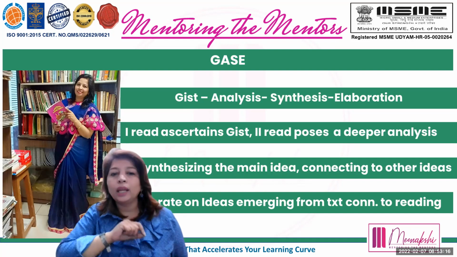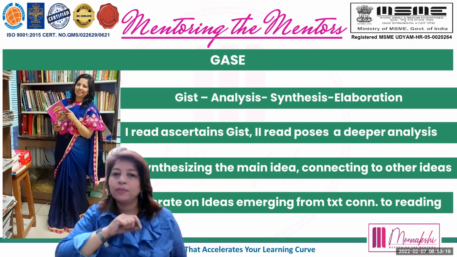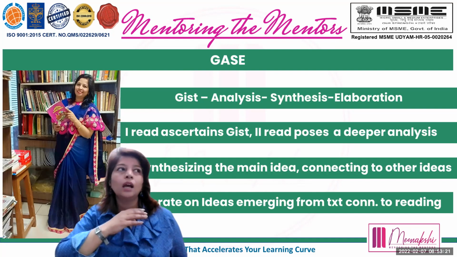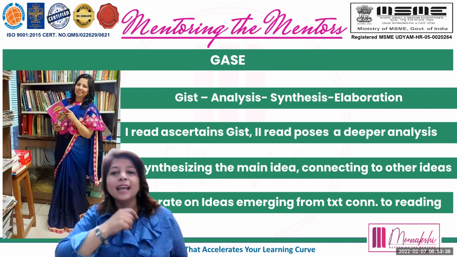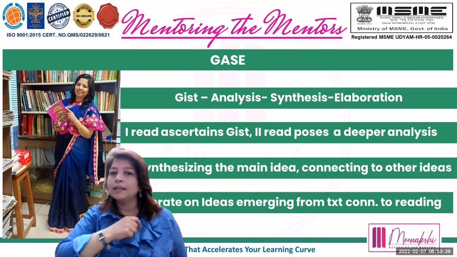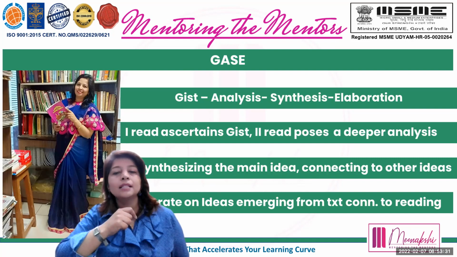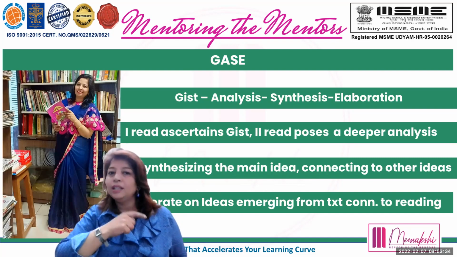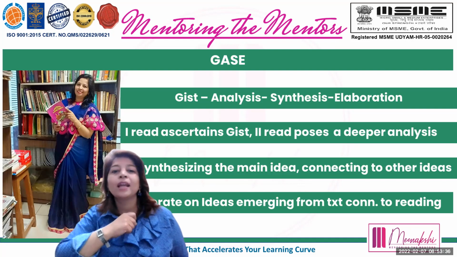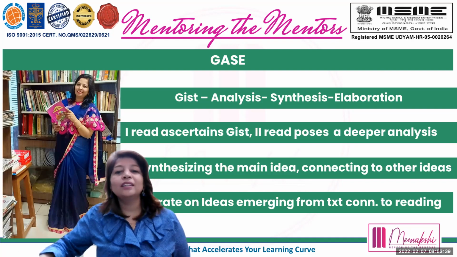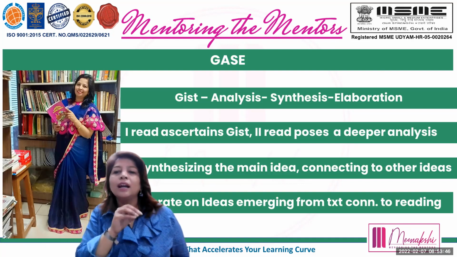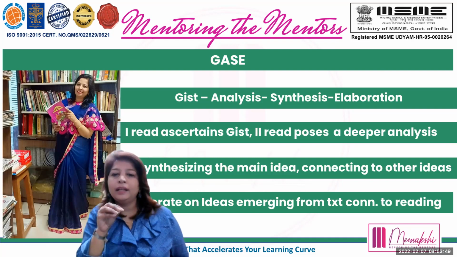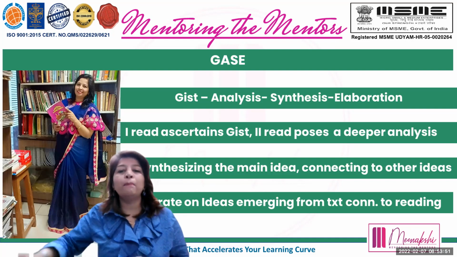You see, the first read ascertains the gist. When we read anything once, we understand the gist of the topic or the story. And the second read poses a deeper analysis. If we want to analyze the topic or the story deeply, we need to reread. Now, the third read is for synthesizing the main idea. What is the main idea? We should be able to connect it to other smaller ideas and present the big picture,